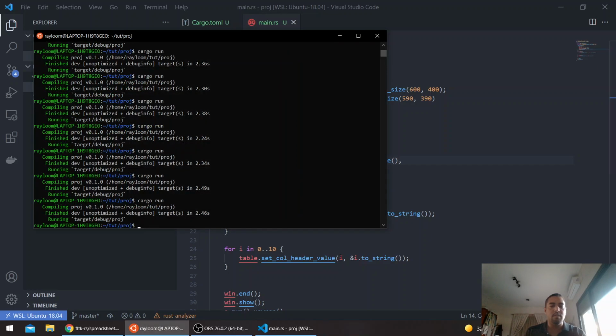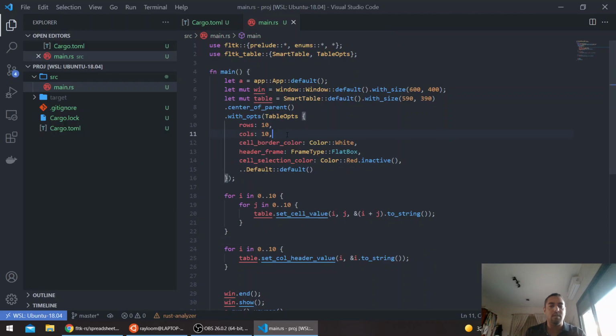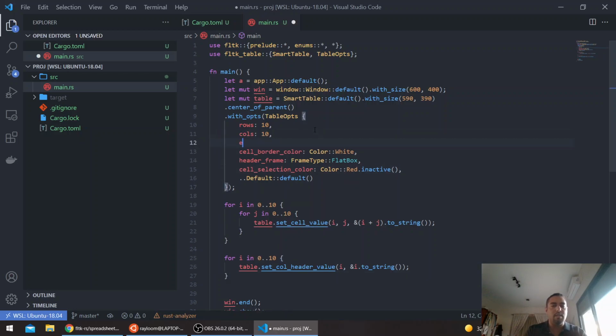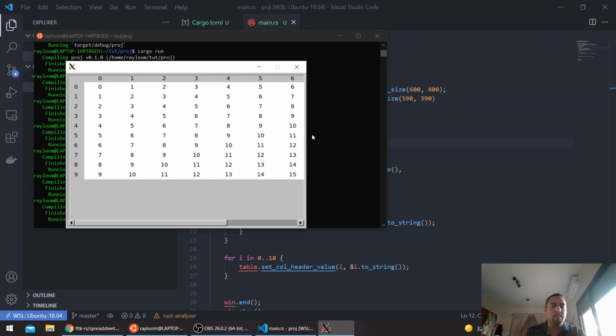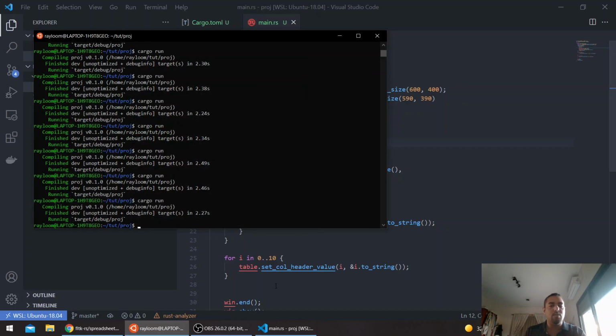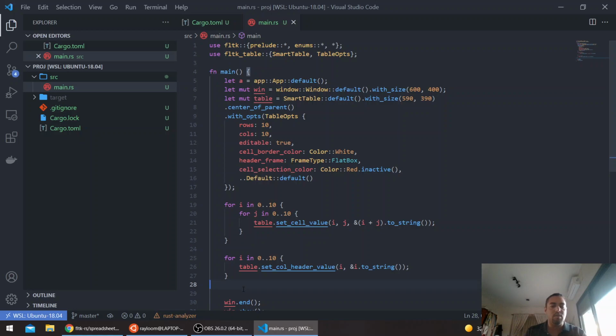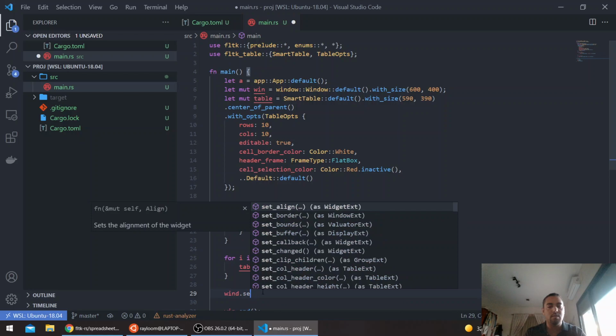And if you want to modify it, you can just add the editable. Also, let's say for example we pass editable here, true. So you can change this, for example, and if, for example, you press escape, this will close the window. You can override this, so it just escapes the cell. So when set callback,